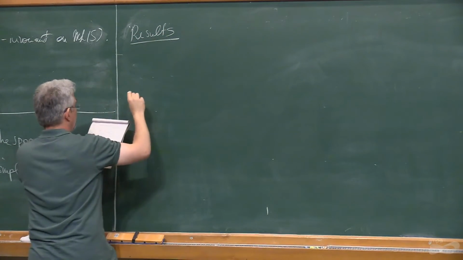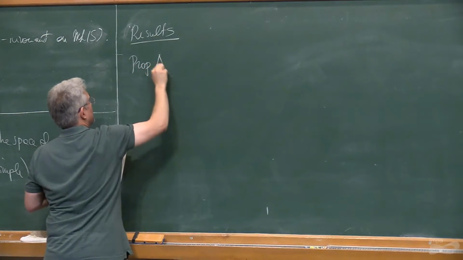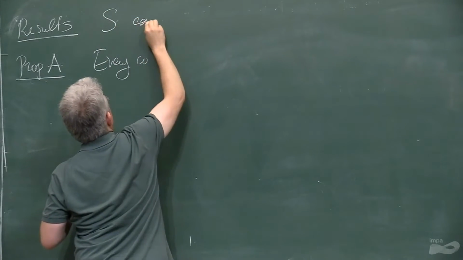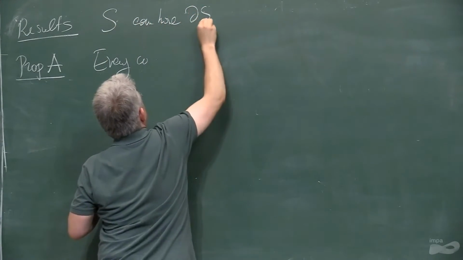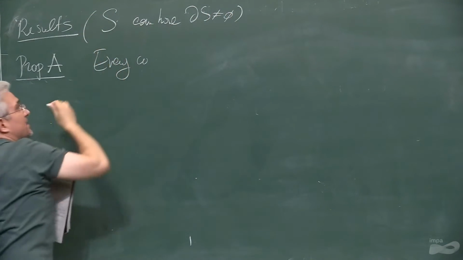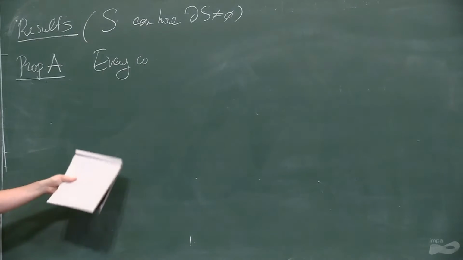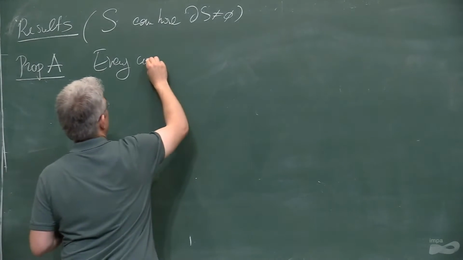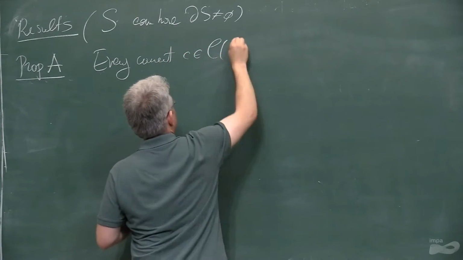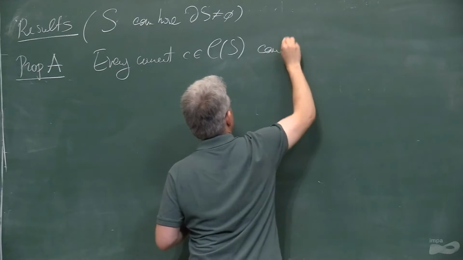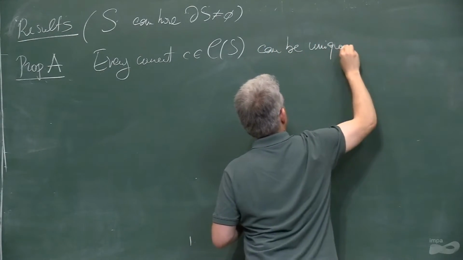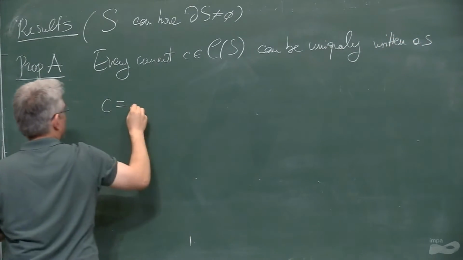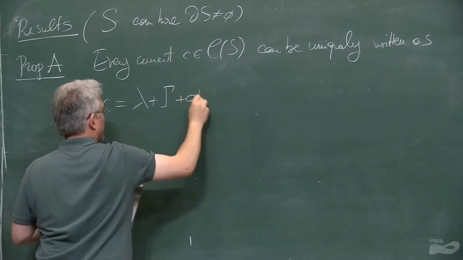So we have proposition A, the standard decomposition. So every current, now S can have boundary. Why do we need this? Because the proof goes also, in the end, some proofs go by induction with shopping, so you need surfaces with boundary. So every current can be uniquely written as C equal to lambda plus gamma plus alpha, where